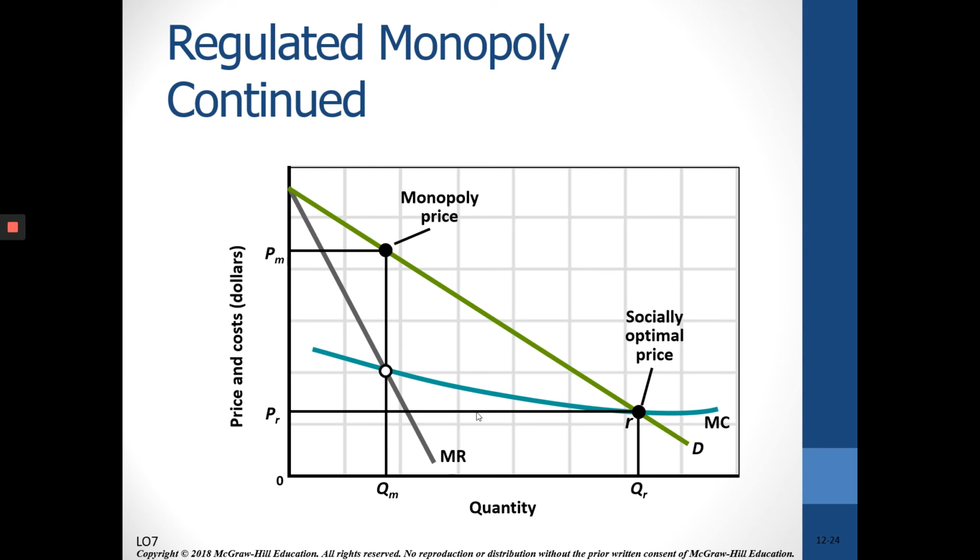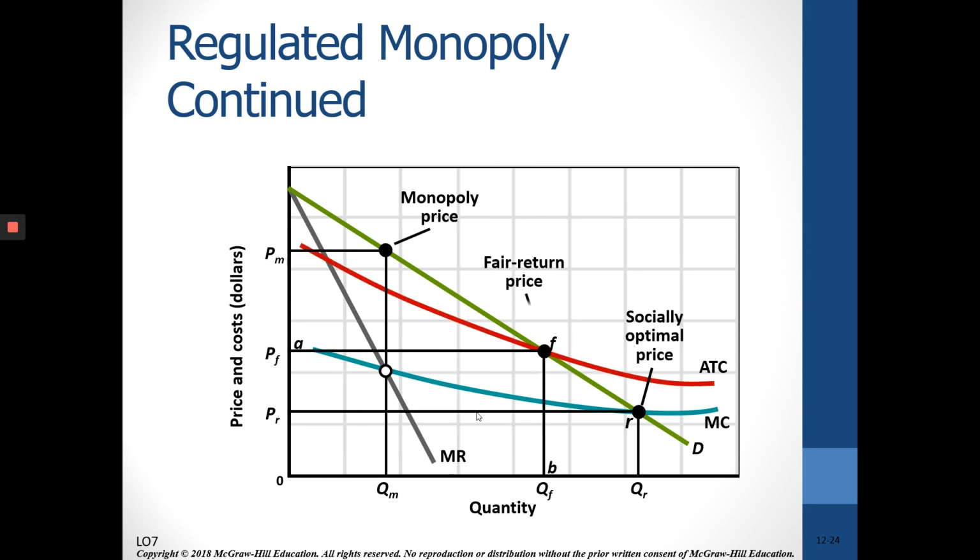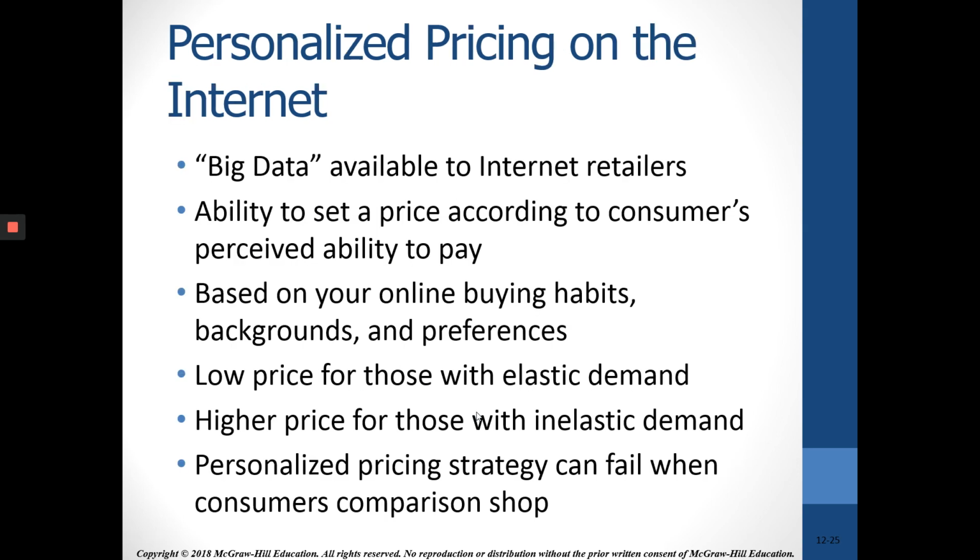But if that is below average total cost, then there would be losses. So more than likely, they will be allowed the fair return price, where price is equal to average total cost. So socially optimal price is at marginal cost, fair return is at average total cost. So just recapping,